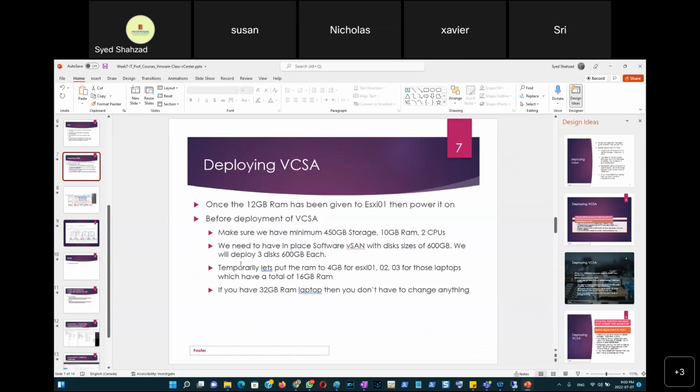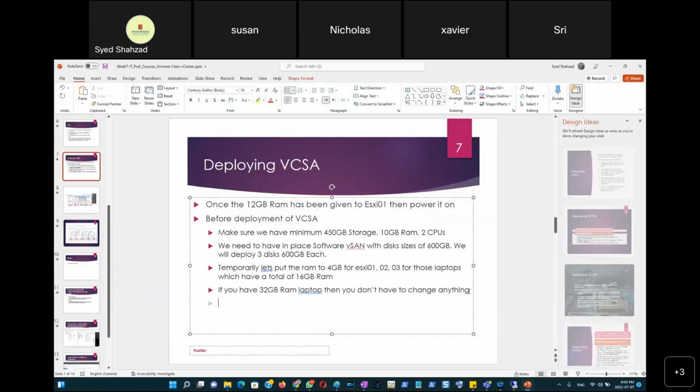Deploying VCSA, make sure temporarily, let's put blah, blah, blah. If you have 32 GB RAM, blah, blah. Okay, I think I did not put the steps to deploy,